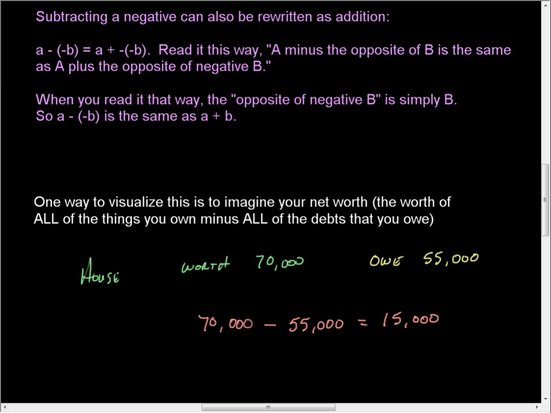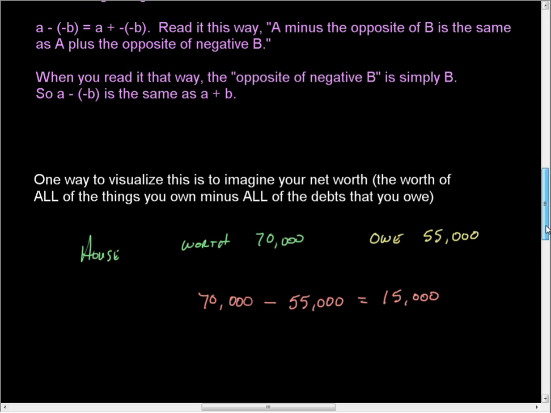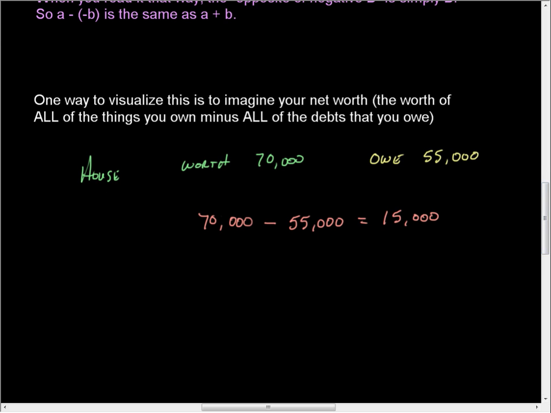Okay, well, if I paid off the house, my net worth right now is 15,000. If I pay something off, I subtract from it. But the thing that I'm paying off is a debt. The debt is itself a negative number. So if I pay off a debt,